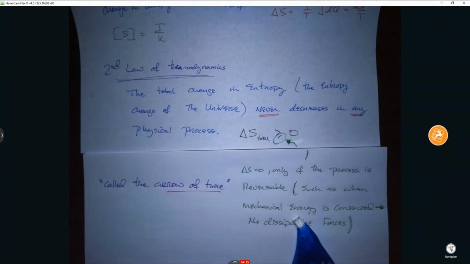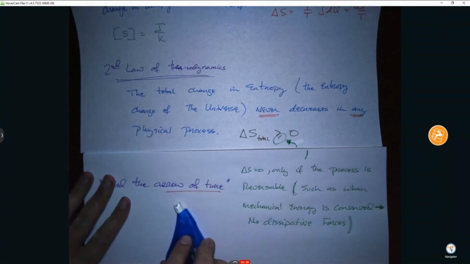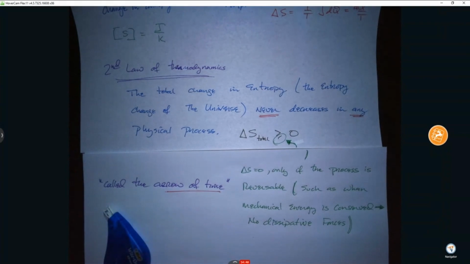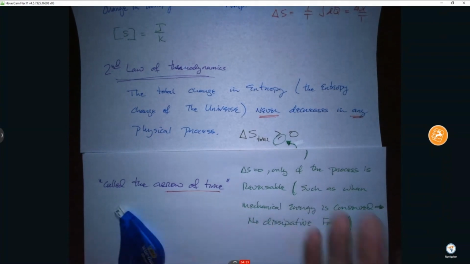Now, if we were to film that and then reverse it, what you would see is that the marker and the table would become cooler as it speeds up and then hits my hand. Now, what we know is that that process doesn't happen in nature. But having both the marker and the table cool down as it speeds up doesn't really violate any other law of physics other than the second law of thermodynamics.